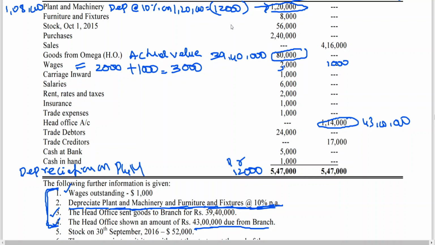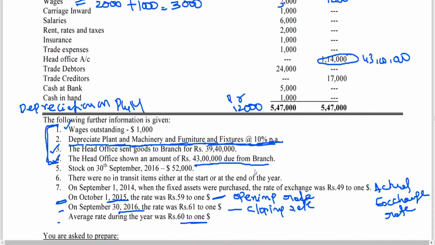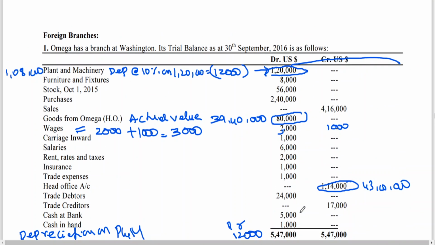Non-monetary items, fourth point. If you got the notes, you can cross check. Non-monetary items, fifth point, depreciation. If they have been carried at historical cost, the actual exchange rate as on the date of purchase of the asset has been provided to us. What is the actual exchange rate given here? 49 rupees, when they were purchased on 1st September 14. Since we got the actual exchange rate, depreciation is also to be calculated at 49 rupees. Plant and machinery also to be calculated at 49.